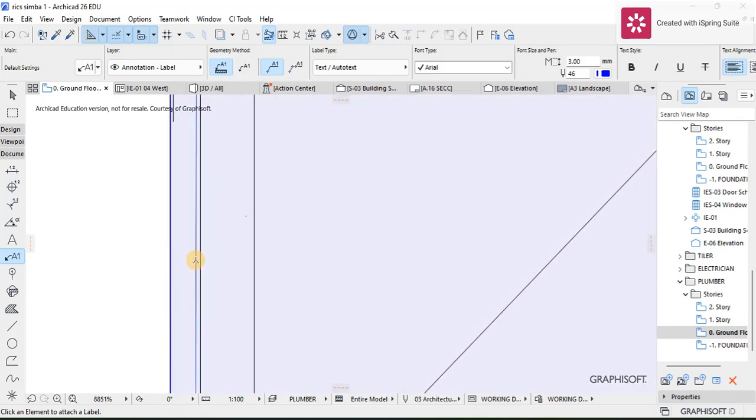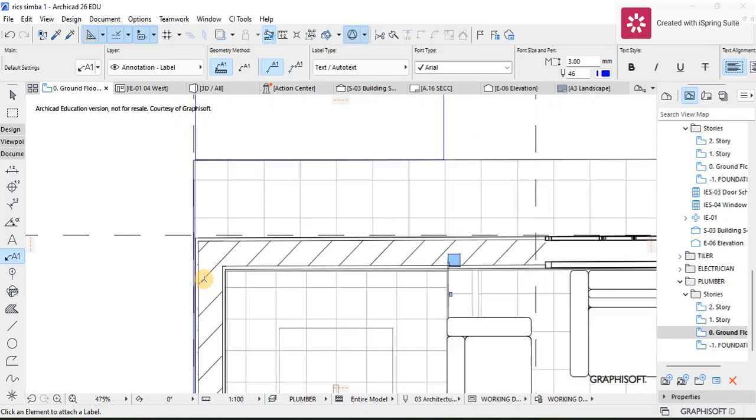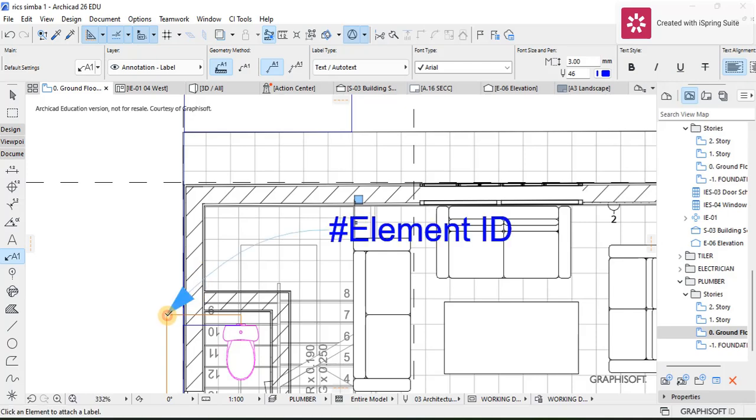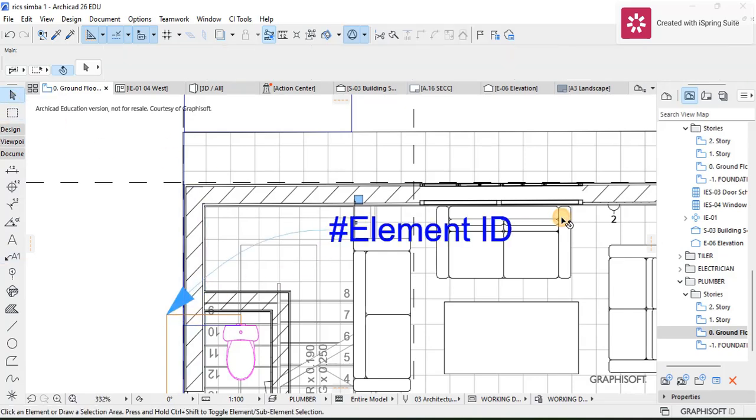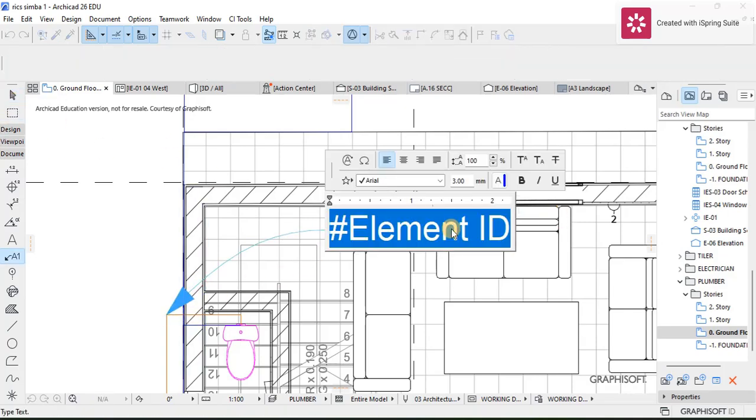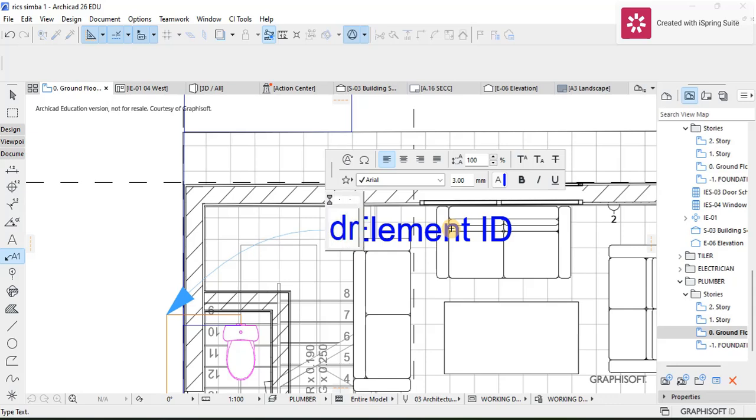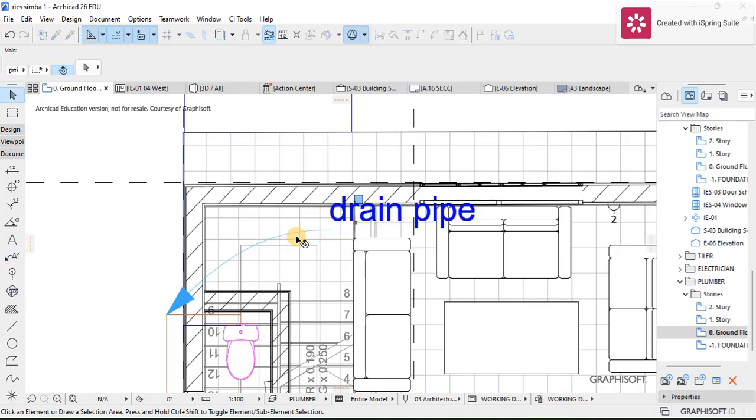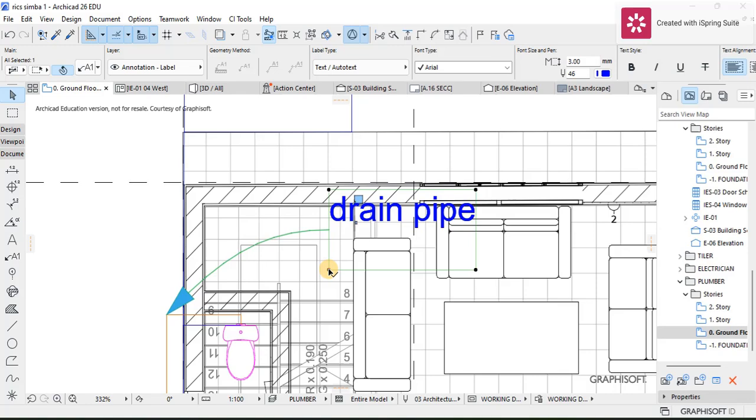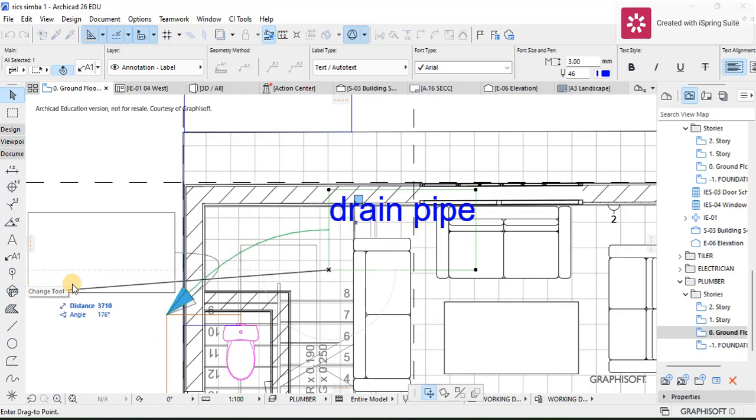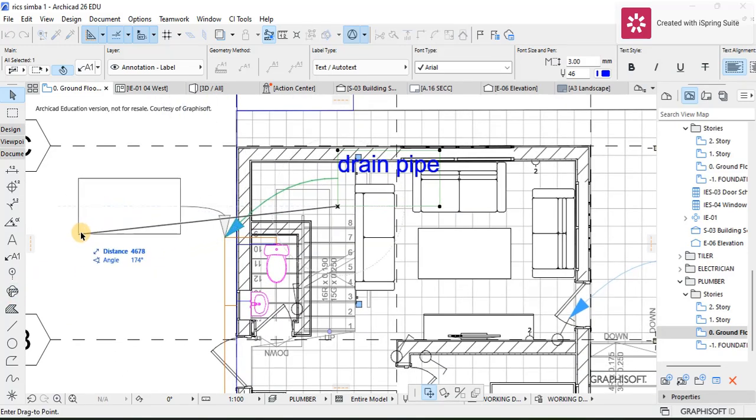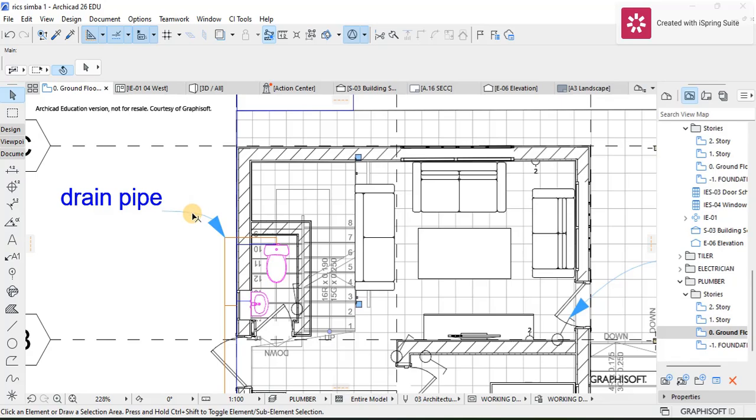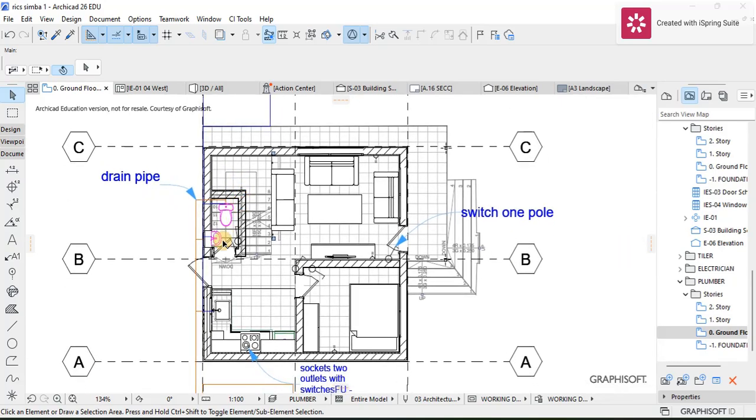Let me just zoom in to it and label the blue lines. First, let's label this one as drain pipes. Let me enter, and then click outside and drag it outwards to be somewhere here. So yeah, you can see we have a drain pipe, and then the next one is going to